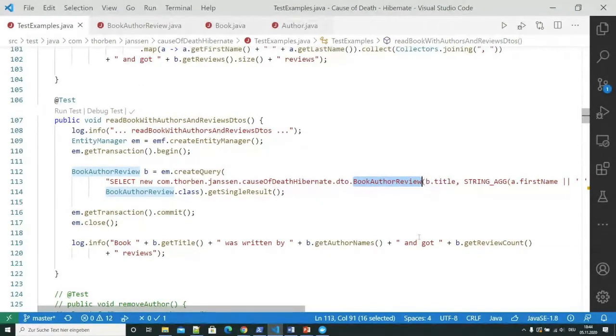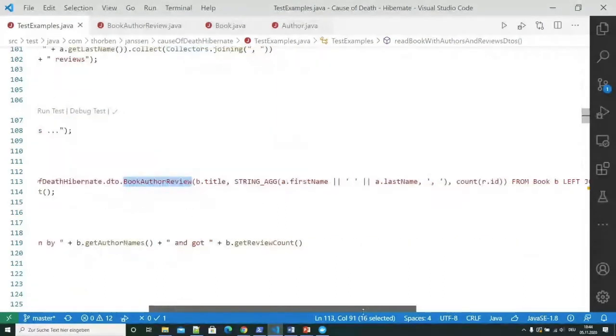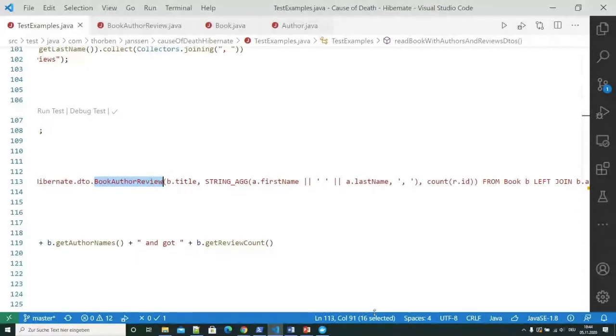The issue here is that most teams are not really happy with the number of DTO classes that you then need to create. Let's say we have a second use case that needs the title of the book, the publishing date of the book, the first and last name of the author, and the number of reviews.